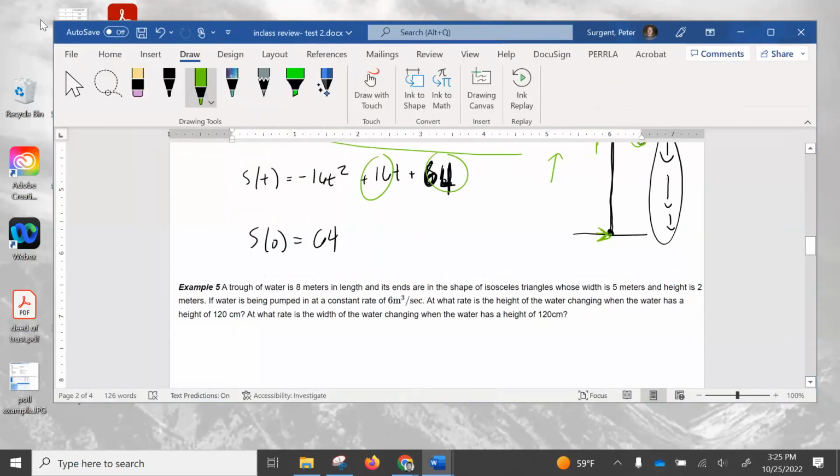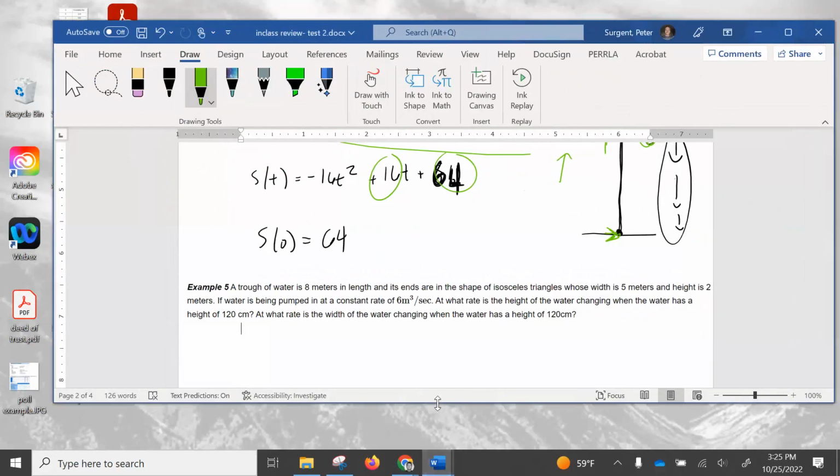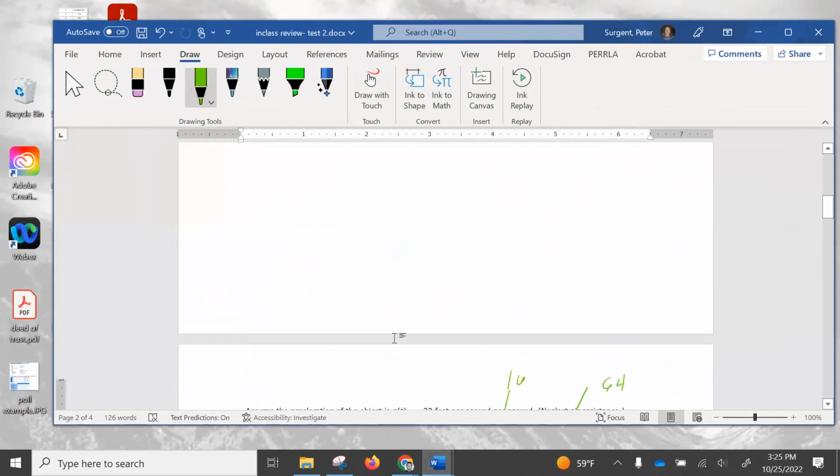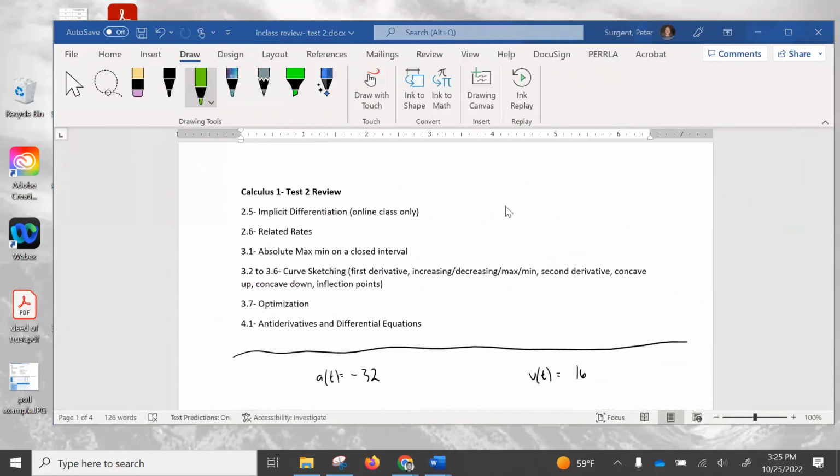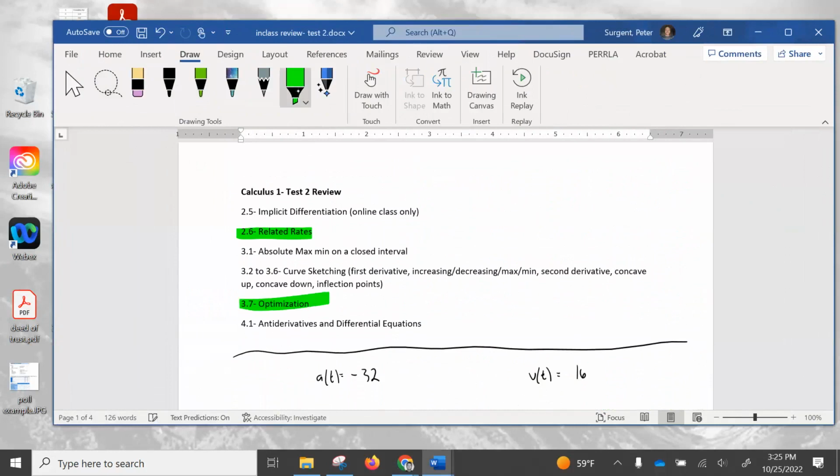Sorry, I'm working with one screen today, and it's a little bit tricky. Okay, here is your review. I found a couple decent ones. I think we definitely want to do this question. We could always practice with our word problems. You guys seem to be okay with your